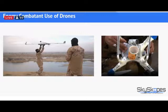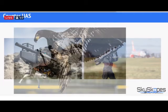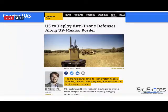This is what we're combating too. This is why counter-autonomy is a brave new world, okay? And this is what we'll do to counter it, all right? This is the Battelle DroneDefender that will hijack and force it to land. And this is the Skywall that will shoot a net with a CO2 canister and take a drone down, okay? This is one of my personal favorites: in Scandinavia, they actually train eagles to take down small drones. And yesterday,